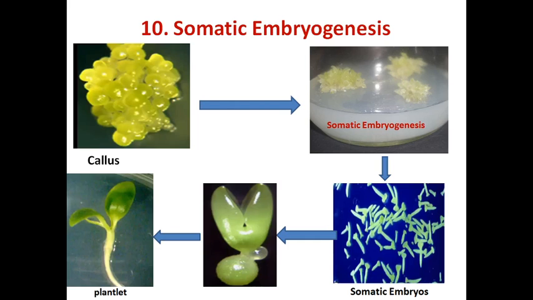So students, see, somatic embryogenesis is very simple. Here I am taking the callus. When we place that callus on a nutrient medium along with a coconut milk supplement, see, this is my result. The callus produces somatic embryos. See the heart-shaped stage of the somatic embryos, a single heart-shaped stage. This is the cotyledons, this is the plumule region, and this is the radicle and suspensor region. And this is the plantlet, with the cotyledon, the plumule, and the radicle. There is root formation, and here shoot formation is there.